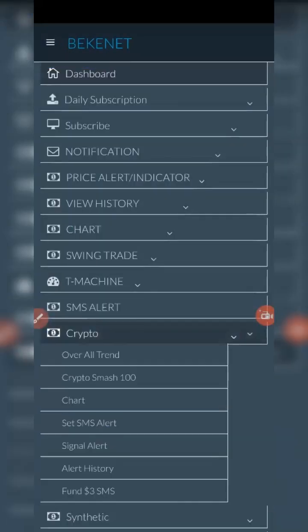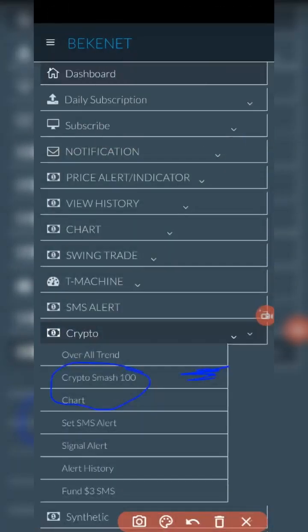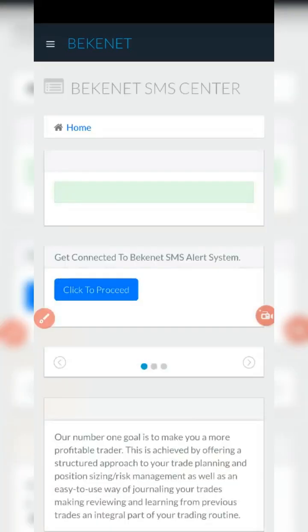So inside this place too, this is the basic thing you need to know, which is this Smash 100 with the inbuilt chart. That's exactly what you need to know. Now, if you want to make every one of these signals automated, all you need to do is click this place here. Click this set alert. Once you click this set alert,